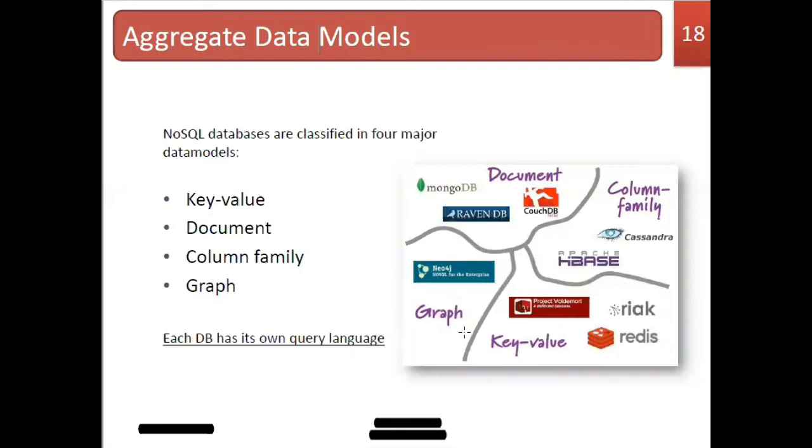So you can see there are four data models used in NoSQL databases: first the document data model, second the column family data model, third the key value pair data model, and then the graph data model. We have given some examples of which NoSQL databases come under each particular category. Now we'll see them one by one.